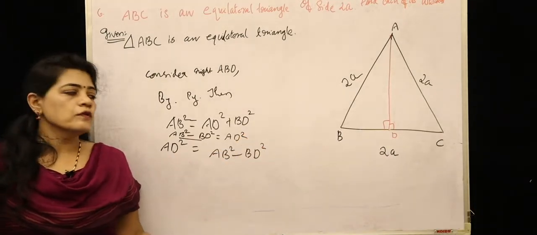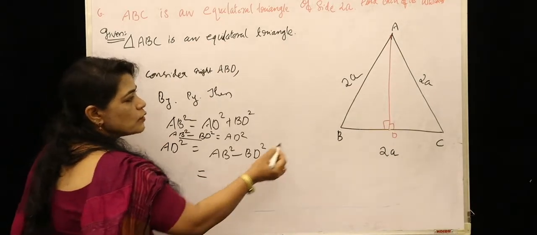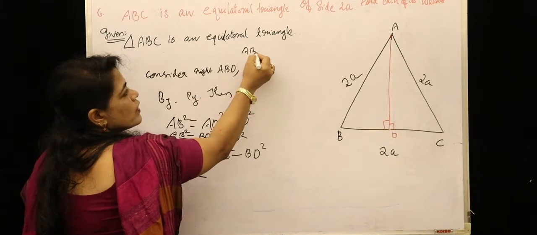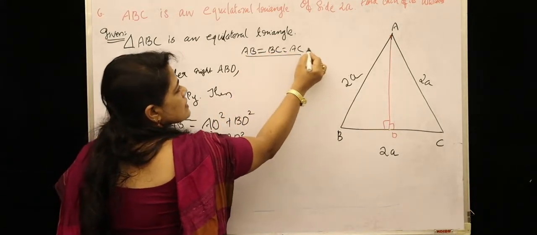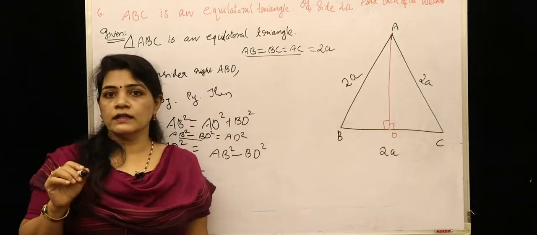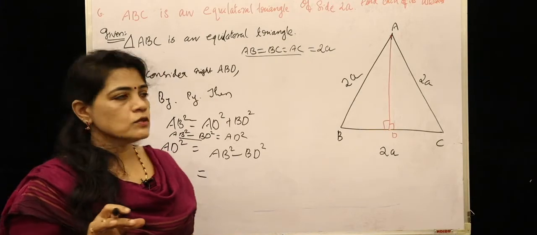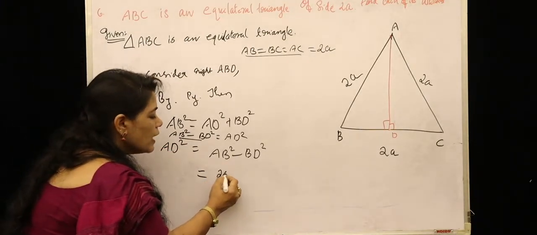So we can substitute the values. AB is the length of one side. Being equilateral, all these 3 sides are 2a, that is given. The length of each side of the equilateral triangle is 2a. So AB is one of the sides, so (2a) whole square